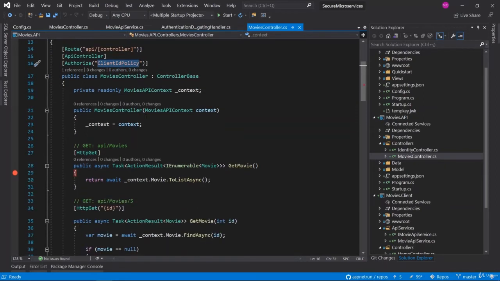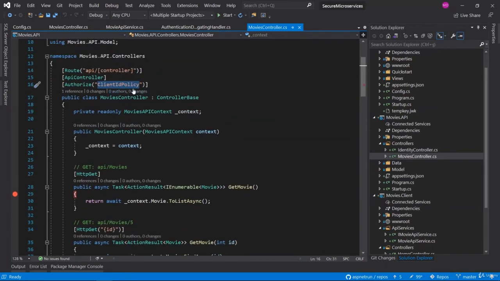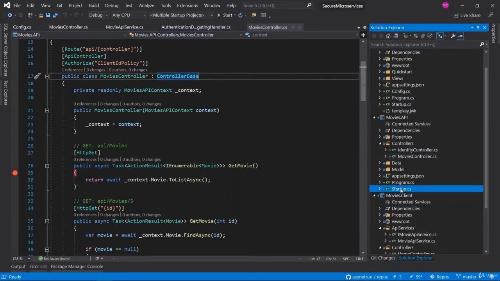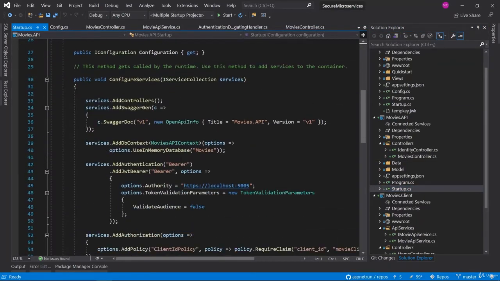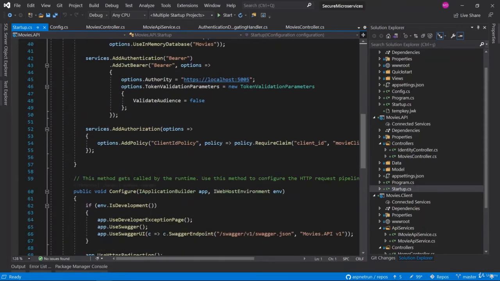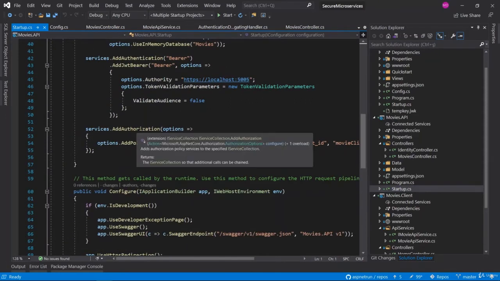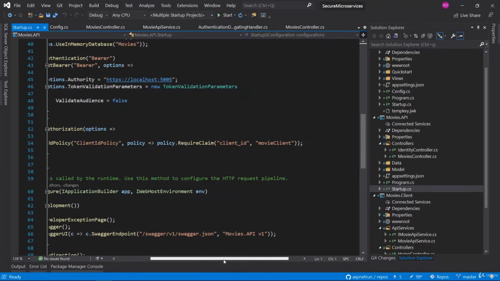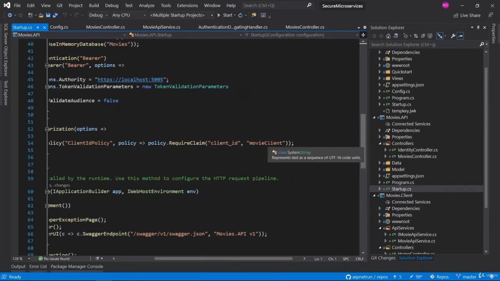So that's why we should add or modify this new client in our authorization policy required for the claim list. You can see the client ID policy in the authorize attribute on the movies controller. This is the protected resource. So go to Startup and see the claim based authorization. Yes, this is the client ID policy, and as you can see, the configuration is looking for the movies client.